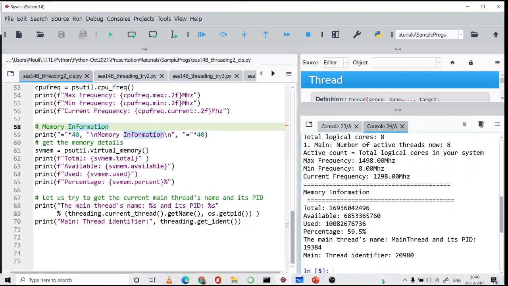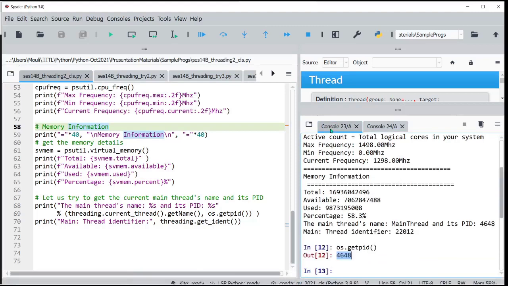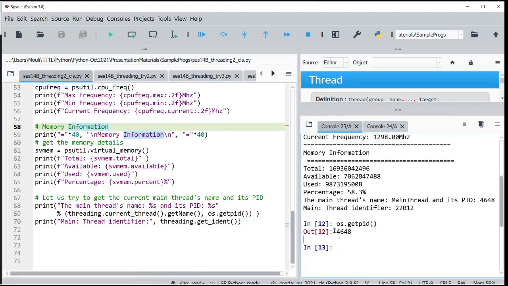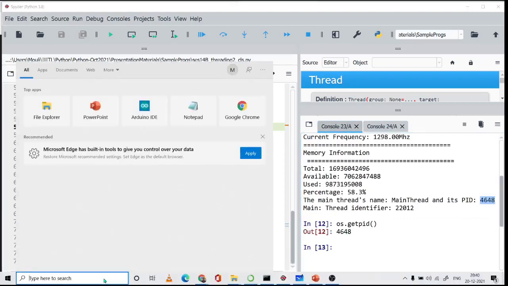Now this process is running on this interpreter also. It ran, then came out, and it had a different PID. Remember that. Now both the consoles are running. Both these interpreters are active and running. Now these two PIDs, I should be able to see in